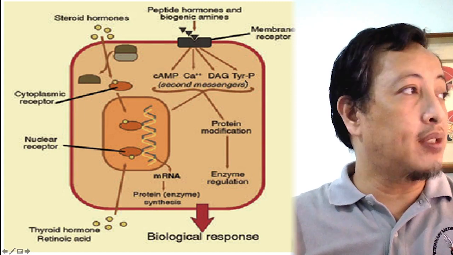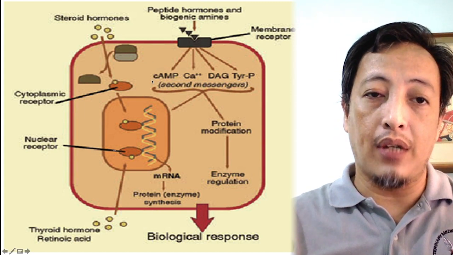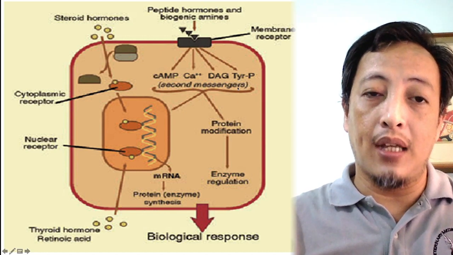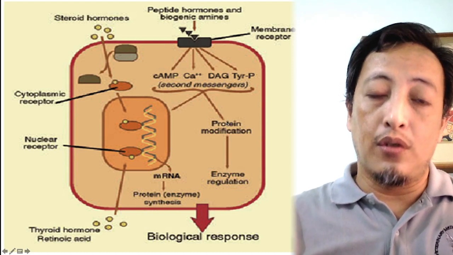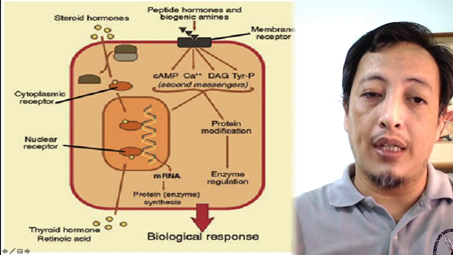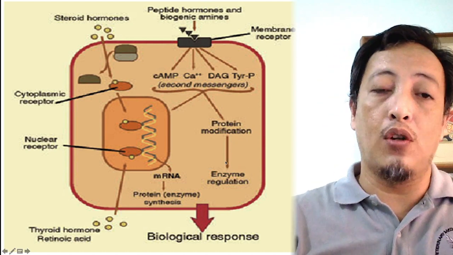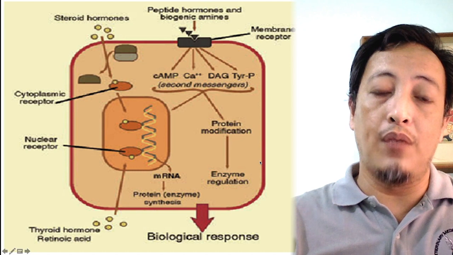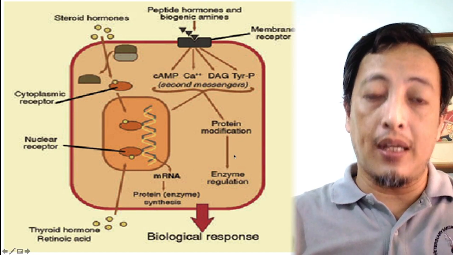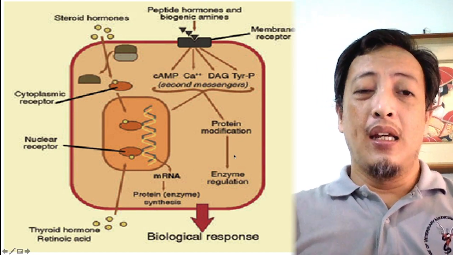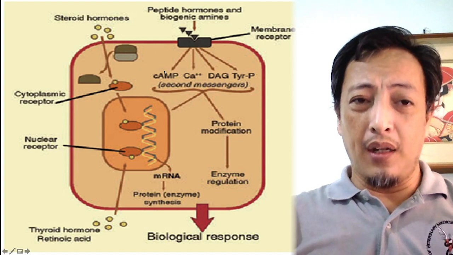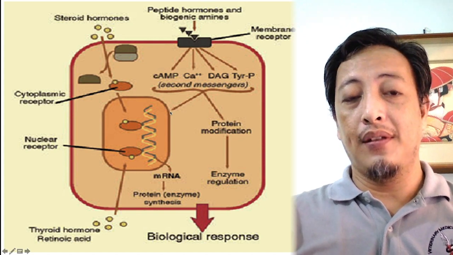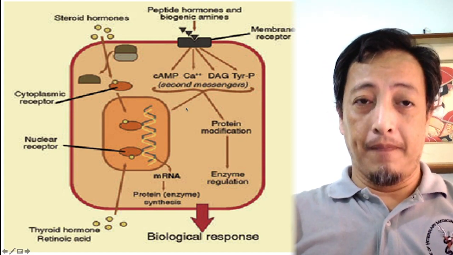These substances are considered second messengers. Okay? So once tumaas yung levels nila, pwedeng they can trigger a cascade of chemical reactions inside the cell to modify certain substances or proteins. Then, magkaroon ng activation ng enzymes sa loob, or activation of molecules sa loob ng cell. Okay, but take note that the changes in the second messengers can also trigger protein synthesis. Okay? So there are certain hormones that can do that.